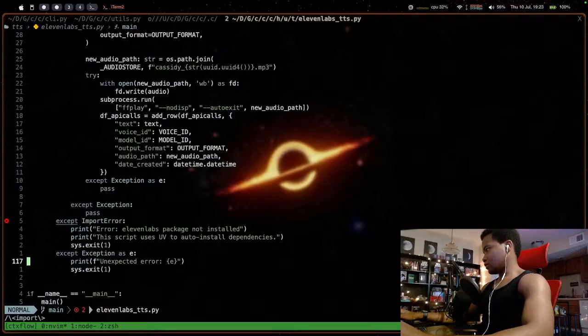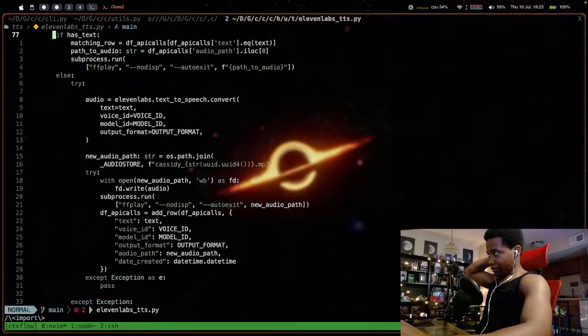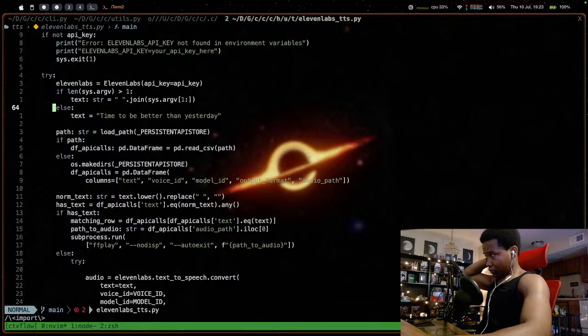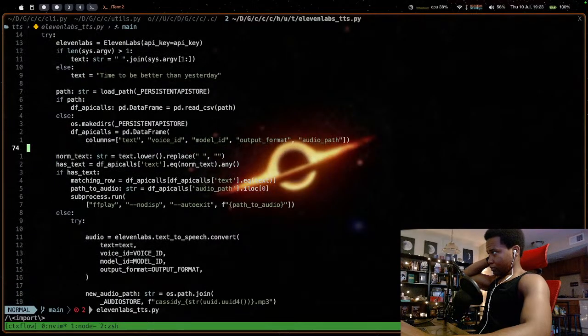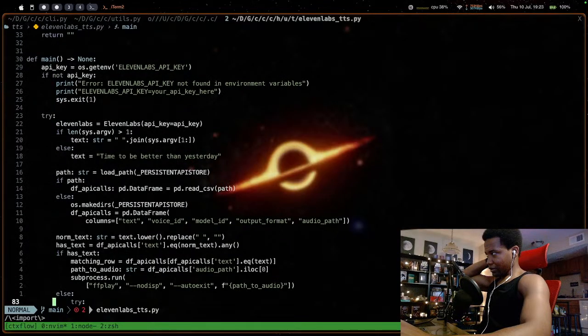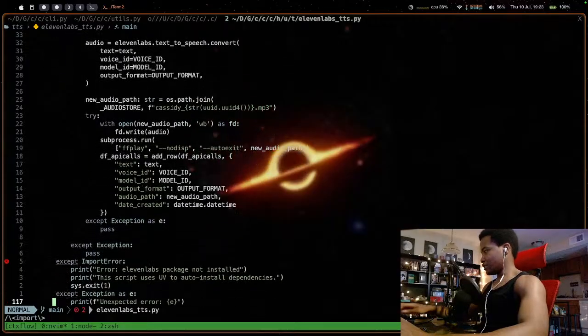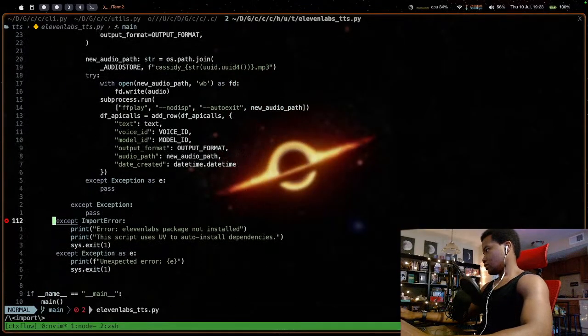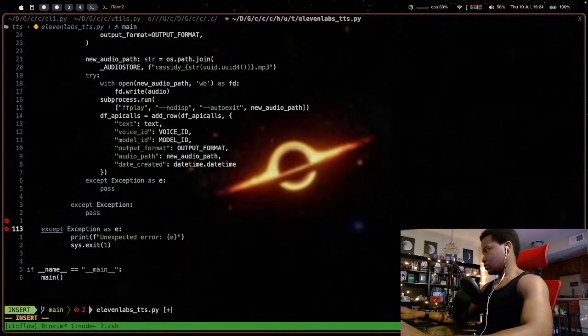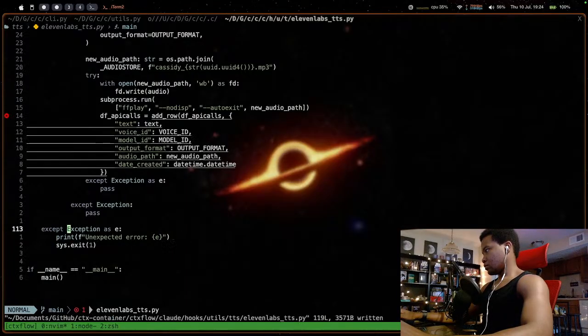I don't even understand where this import error came from. I just need to get rid of the import error. I think I deleted something. I forgot to take this away. Got to take this away. Yeah. Now that's cooked.